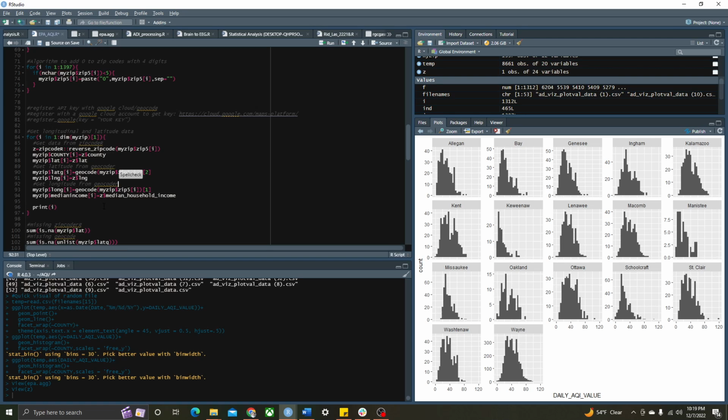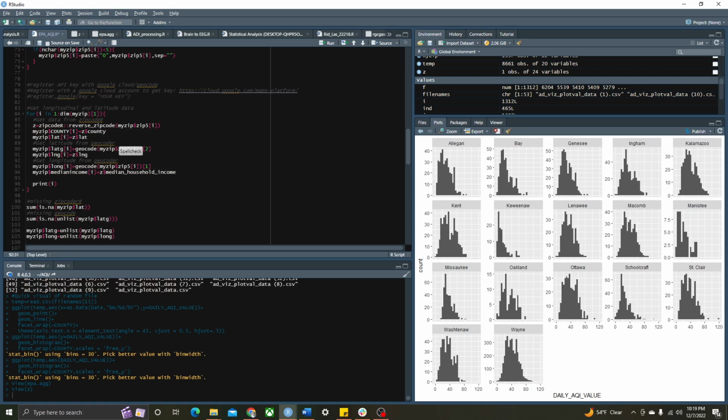I've already run this, and it takes a little bit of time. Every time you call the geocode command, it has to make a call to Google Cloud and then return the information. You can definitely slow this down. I've done the silly thing here and called geocode twice to get the same information. To make this faster, I would put geocode on a separate line, save the longitude and latitude as a separate thing, and then store it into whatever variables I have in my database accordingly. So I'm getting the longitude and latitude from zipcoder as well as from geocode,